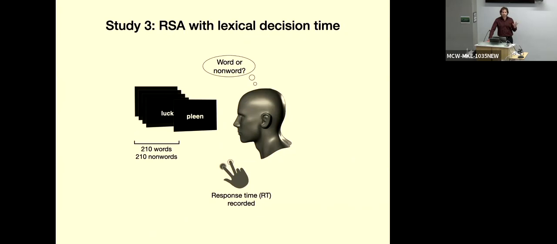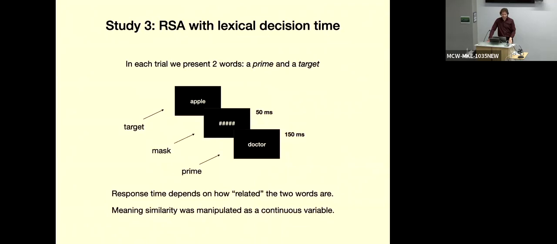But it turns out that your brain can't help but activate the meaning of a word whenever you see it, even if you don't need to. And that turns out to affect how fast you are to respond. The faster the meaning comes to you, the faster you are to respond. So we discarded the data from the non-words. They were just there so that the task would work. What we care about is how long they took to respond to the real words, the words that have meaning.